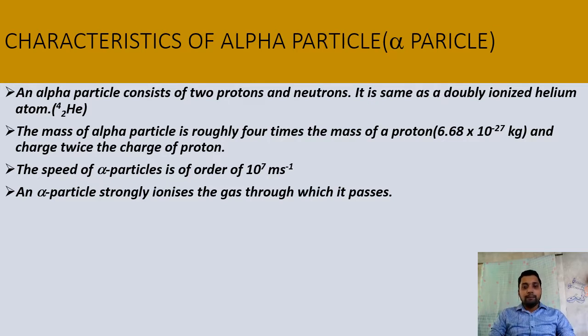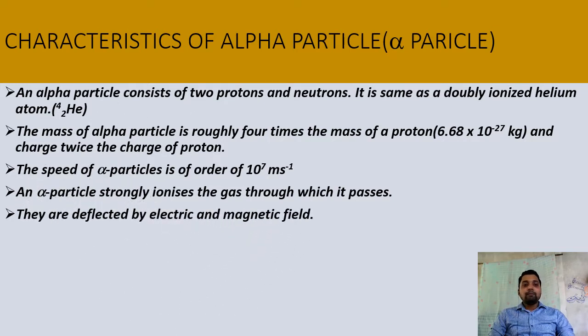But because it is a heavy particle, it cannot pass inside matter; its penetrating power is very low. And because alpha particles have positive charge, they are deflected by electric and magnetic fields, and they move towards the negative plate in an electric field. Here we can see the effect on a photographic plate. In the Rutherford model, Rutherford kept a photographic plate,